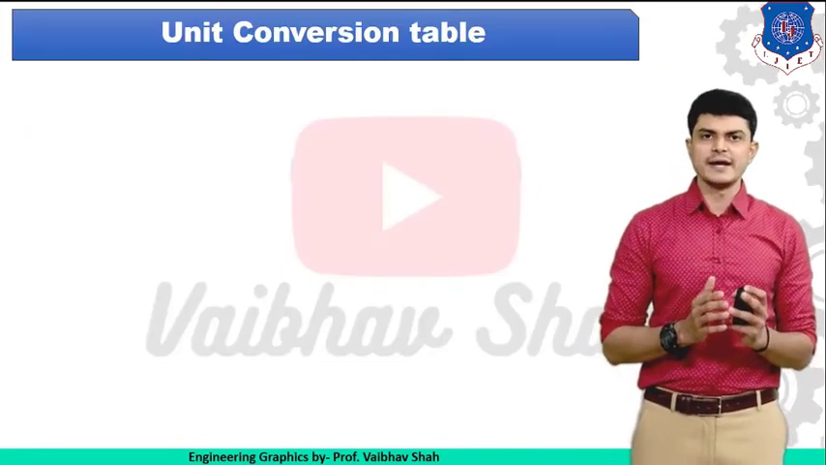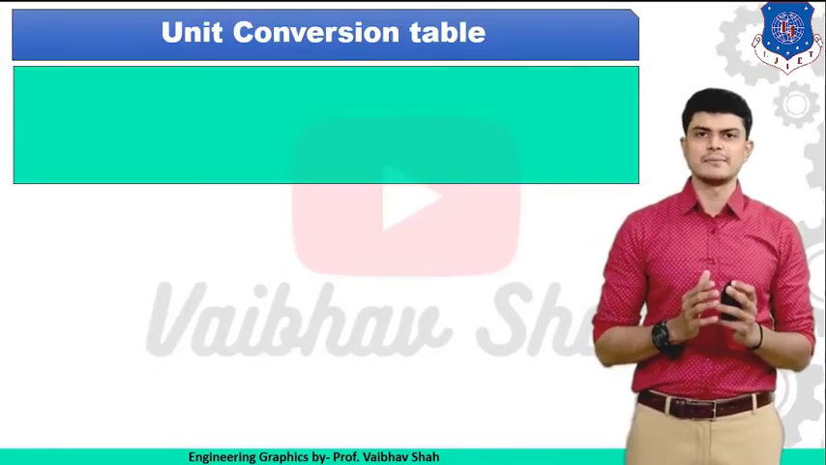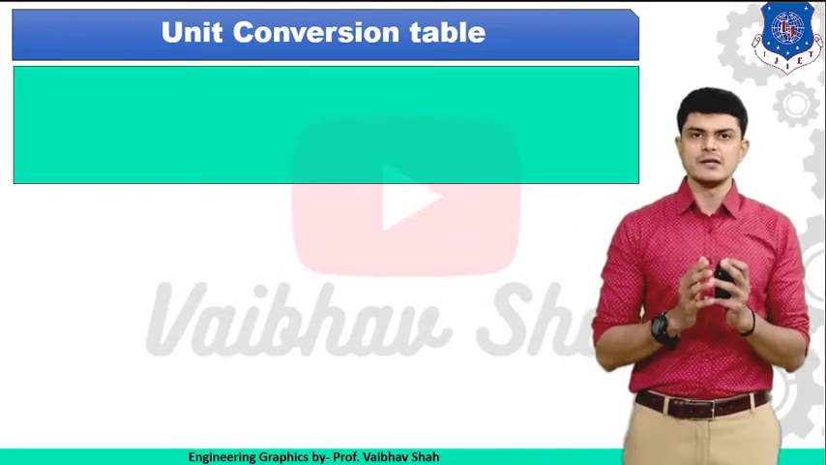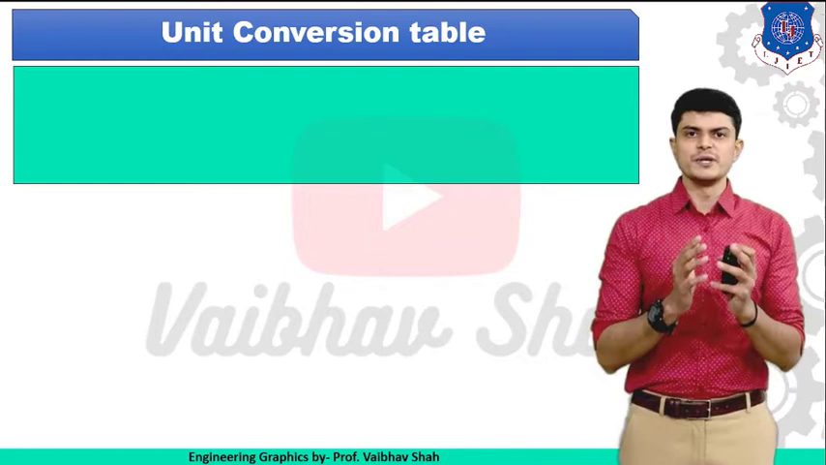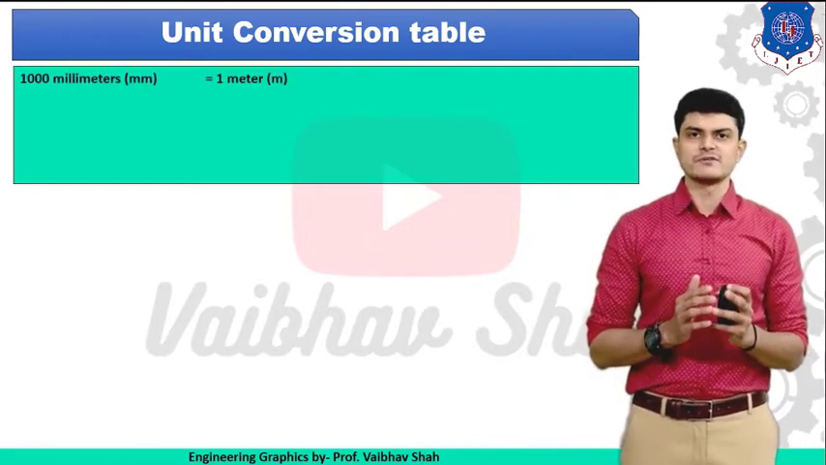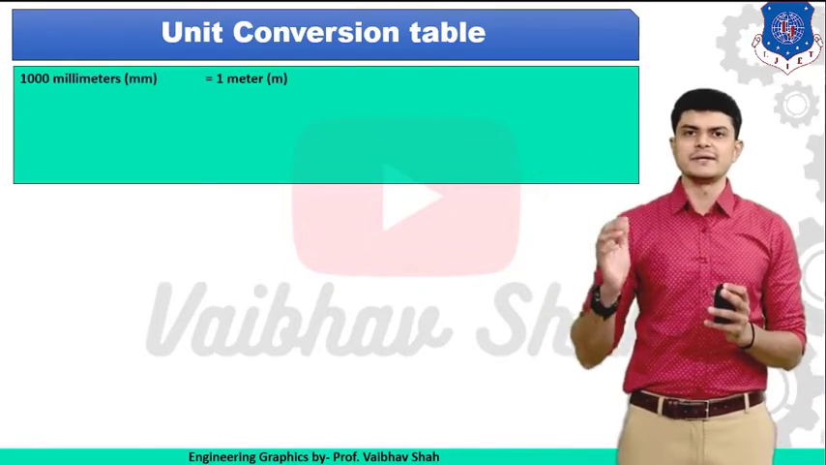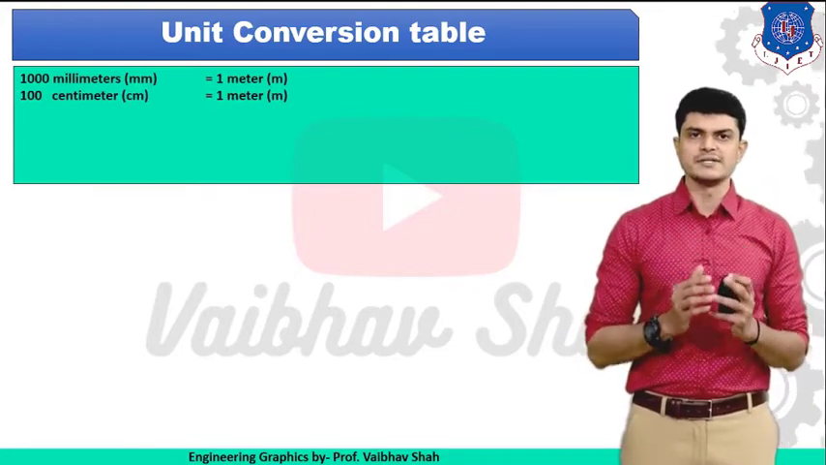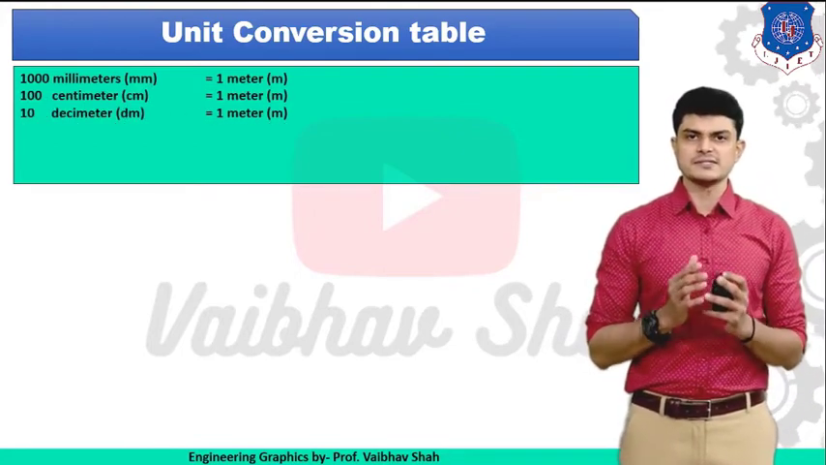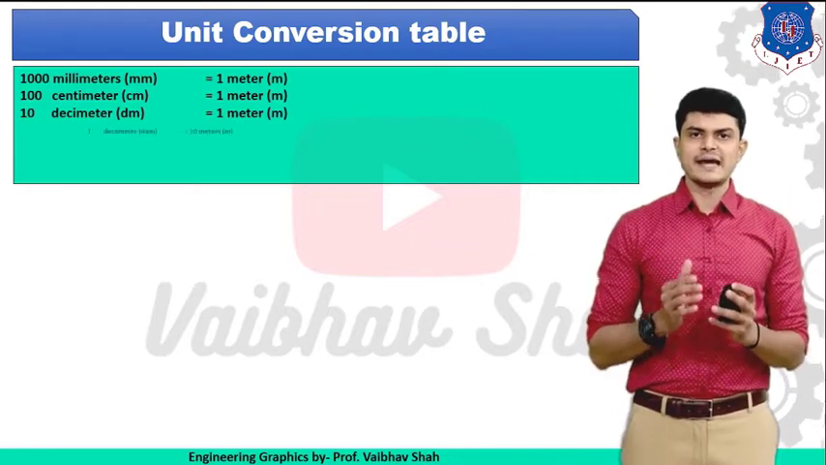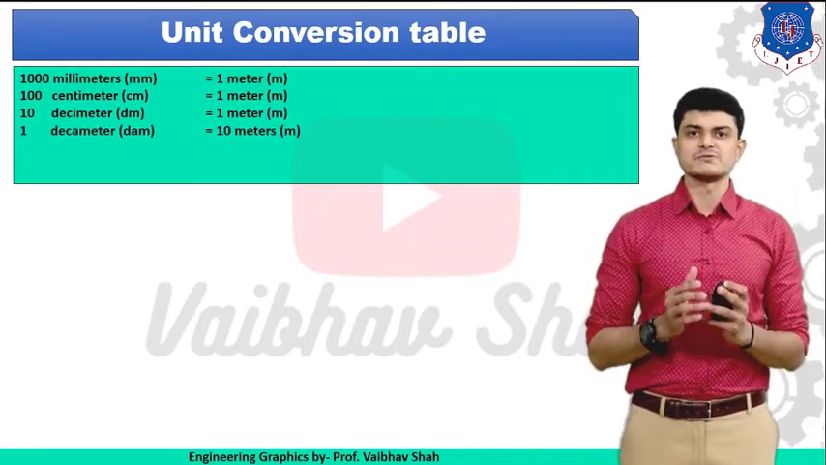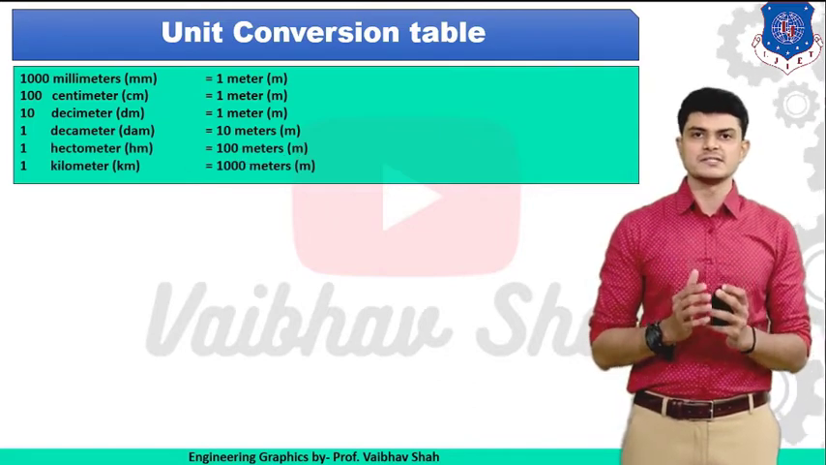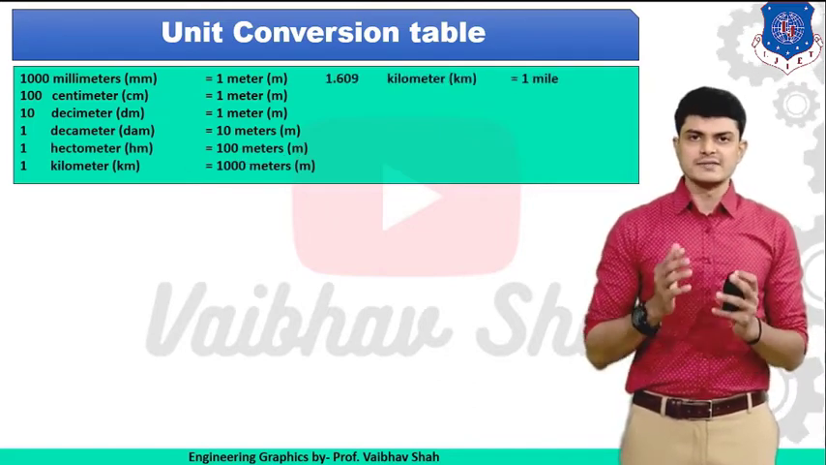So now let us move ahead and check a unit conversion table. For solving the example based on the diagonal scale, we must understand this unit conversion table. So let us see unit conversion table. 1000 millimeters is equal to 1 meter, 100 centimeters is equal to 1 meter, and 10 decimeters is equal to 1 meter, 1 decameter is equal to 10 meters, 1 hectometer is equal to 100 meters, 1 kilometer is equal to 1000 meters, then